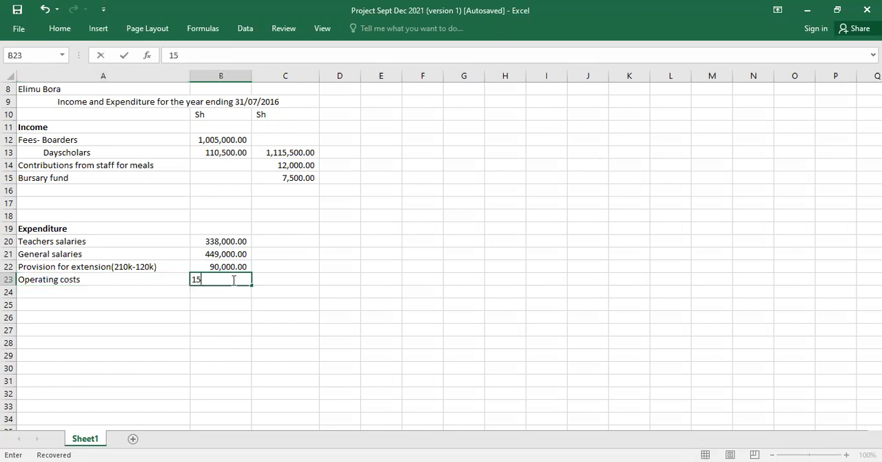$15,000. Can you spot any other cost? Let's look at the unknowns. Look at the bursary fund. We've been told